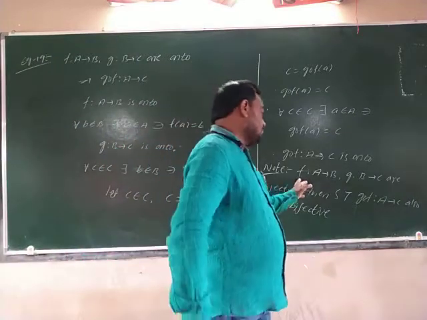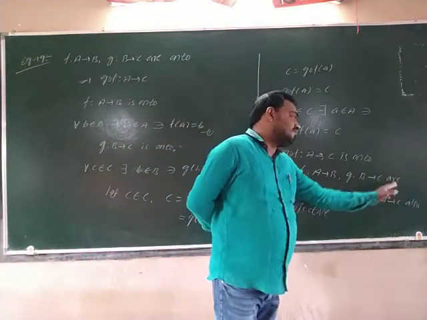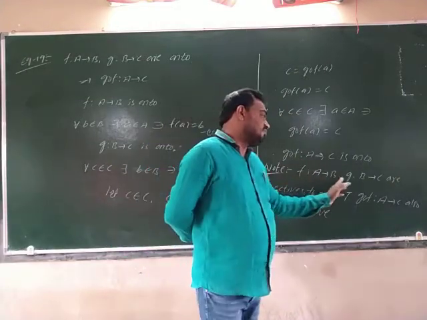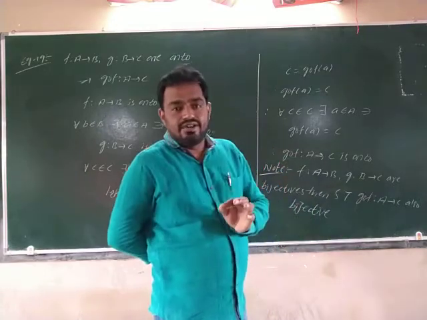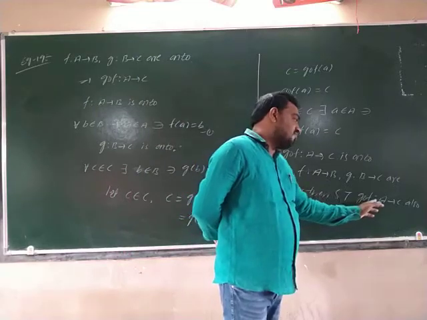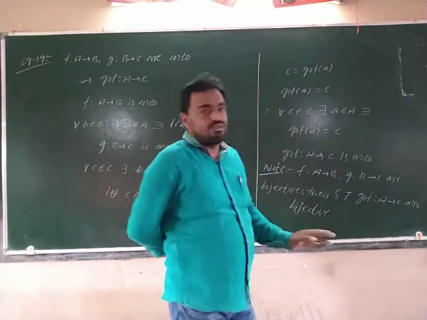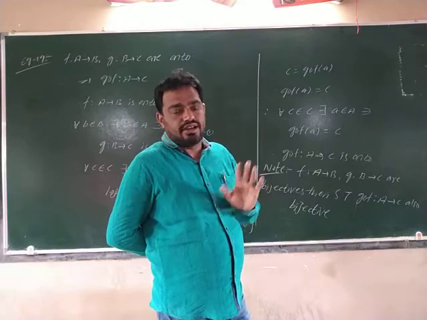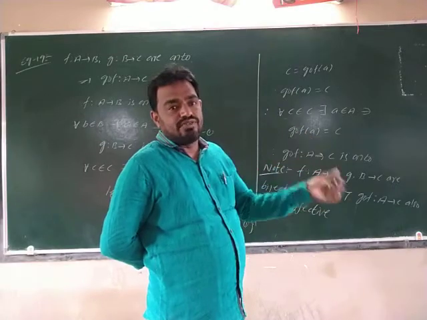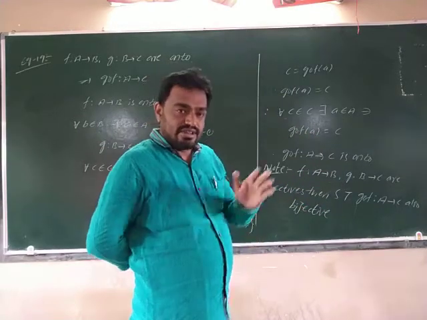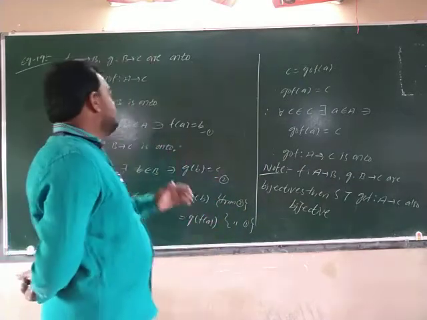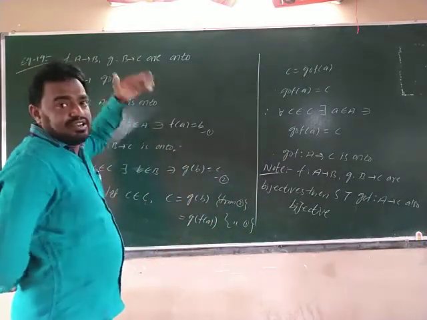You take f is a mapping from A to B, g is a mapping from B to C are bijective. That implies f and g are 1-1 and onto. Next, to prove g circle f mapping from A to C is bijective, it is enough to prove that g circle f is 1-1 and onto. This you have to write first. After that, you prove question number 18 and question number 19.